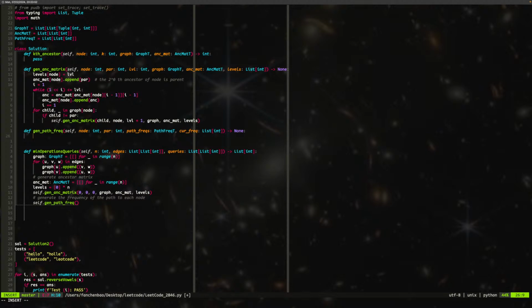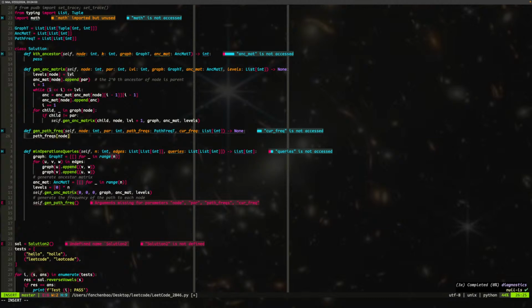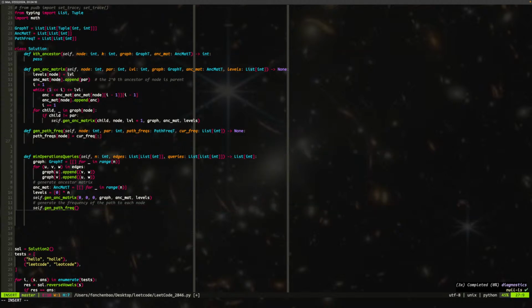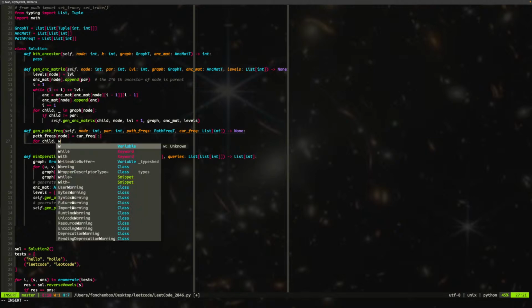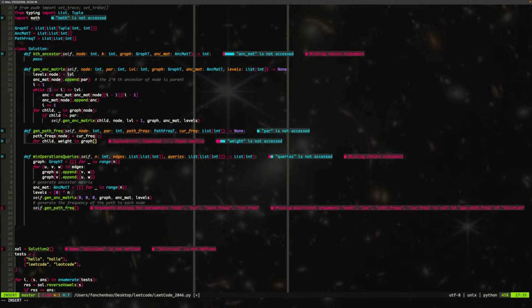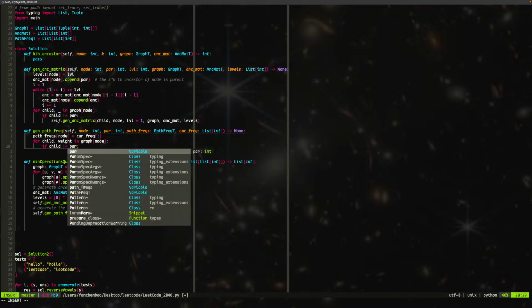Right, so when we hit the node, we already have it. So we just say path frequency node equals to current frequency. Copy it. Right. Then for child weight in graph node, if child is not equal to parent,